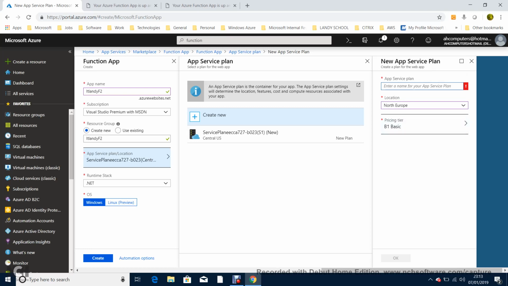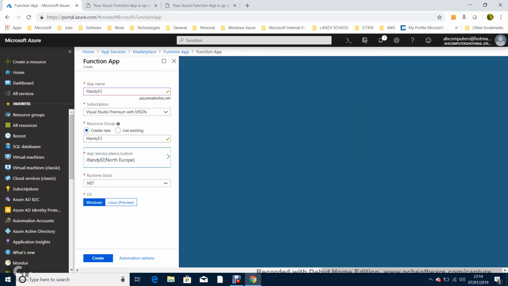Oh, sorry, the service plan. Let's just call it IT Landy F2. I'm just going to call it F2, to be matching. Okay, now I have my IT Landy service plan in Europe, and what exactly are you going to run